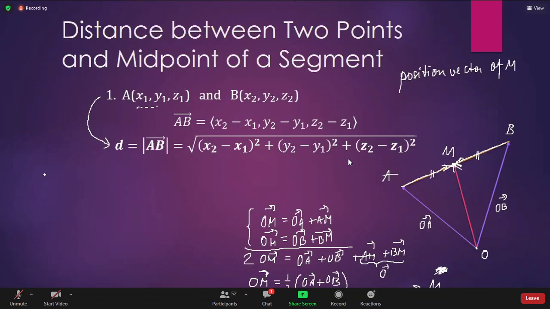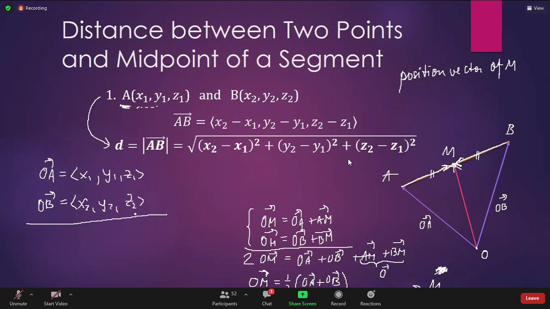Vector OA has coordinates x1, y1, z1, the same as the point A. The vector OB, the position vector of point B, has the same coordinates as the point B, and those would be x2, y2, z2, which means if I add these two vectors, OA plus OB,